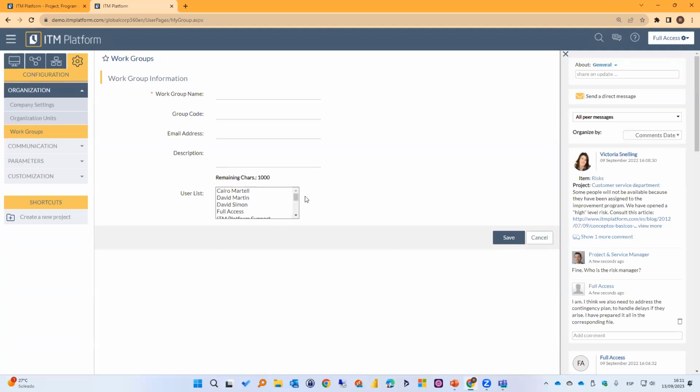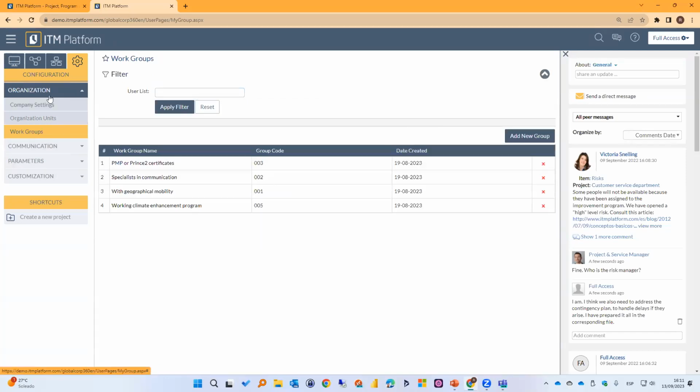Okay, this is populated after the user list, so I'm seeing current users. Okay, now a user can belong to more than one group. Okay, afterwards I'm going to show you that users can belong to a single organization unit, but they can belong to more than one work group. Okay,